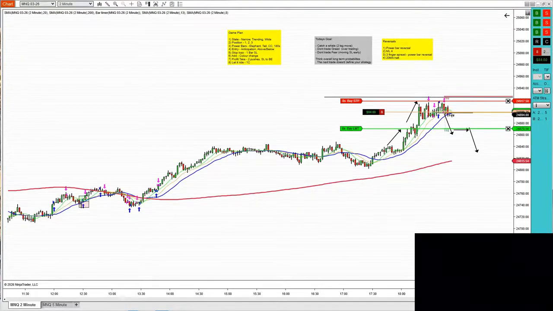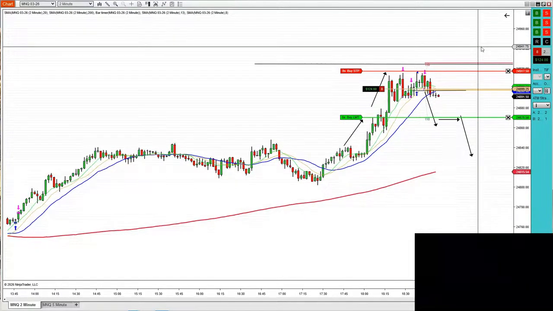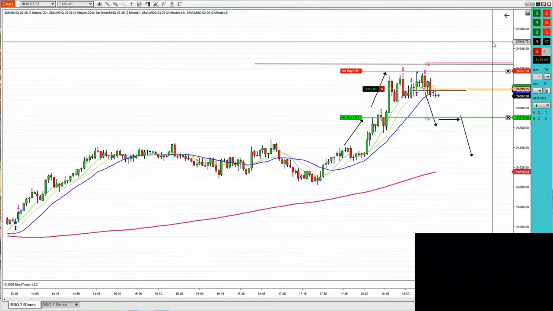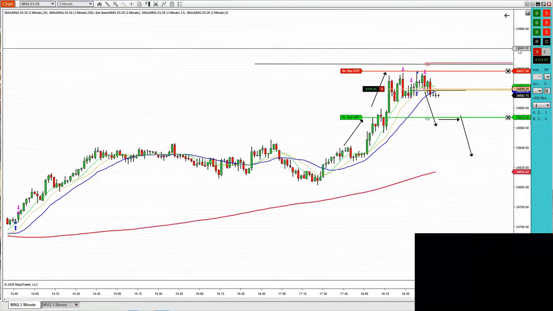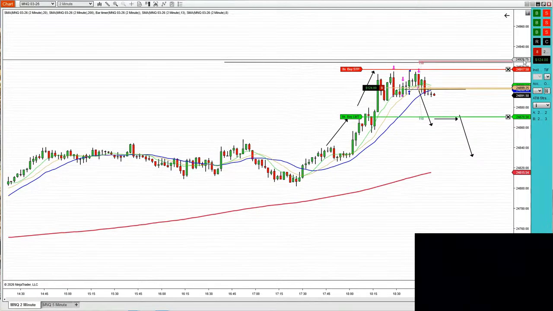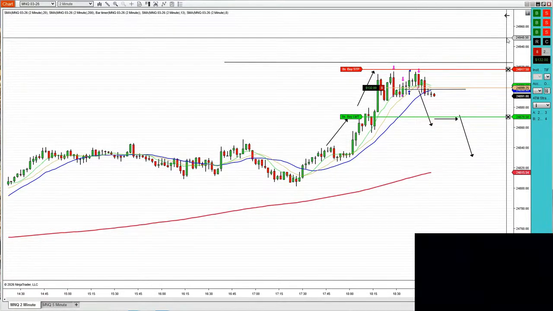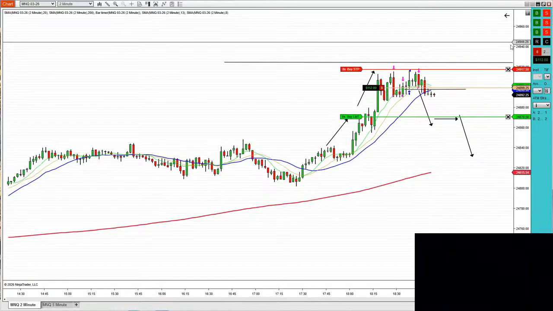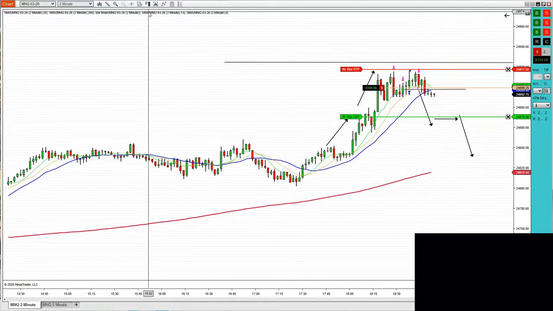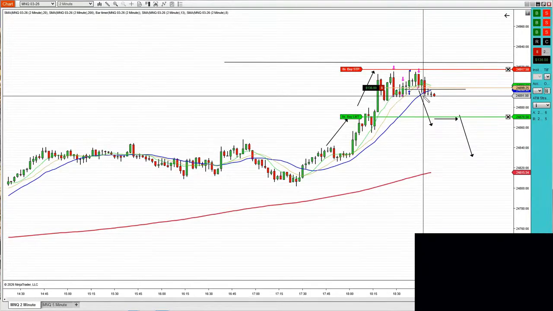Tim, check a comment in the chat if you can hear me properly. I'll zoom in a little bit closer then. Let's have a look. Only reason why I stay out a little bit is because when I zoom in too close, I kind of lose sight of things. When I zoom out a bit, it helps me to put it more into perspective, because every candle looks massive when you zoom in. So any little bit of price action,